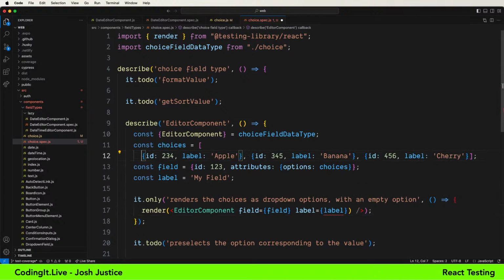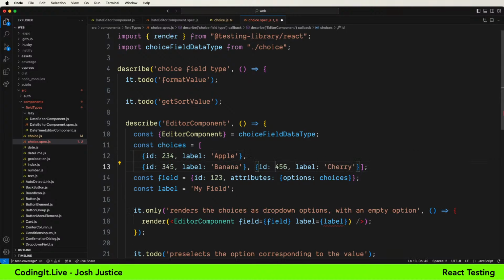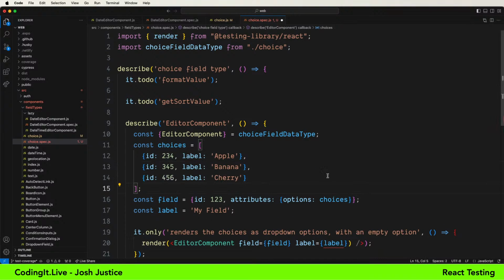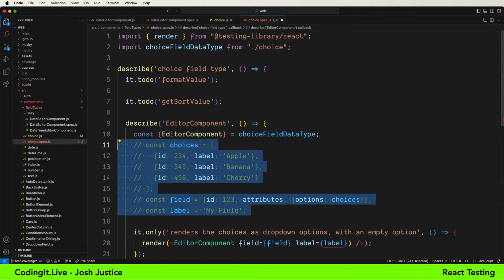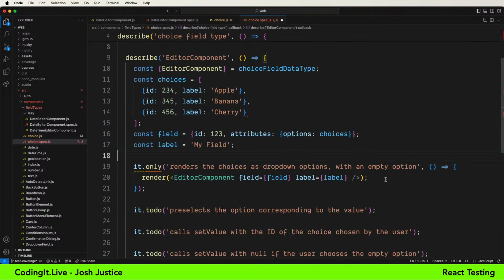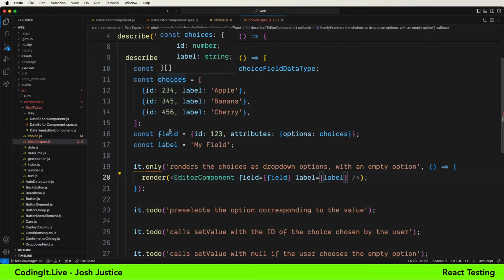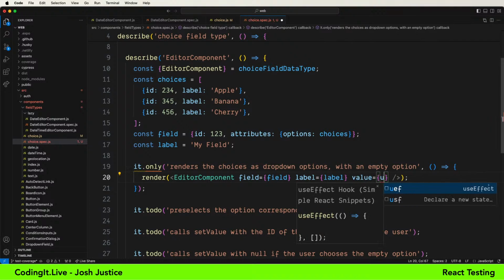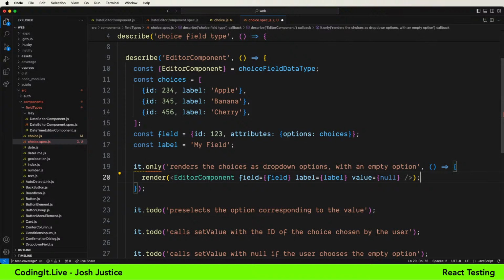Maybe I'm not closing something correctly. Let's get the choices set. Yeah, let's solve the syntax error before anything else. Oh, attributes, options, choices. Let me comment all this out and see what's happening. Oh, maybe it's this closing parentheses. Oh yeah, that's all it was. All right, well, that was simple. Thanks for nothing, syntax output. Okay, so the choices are passed in the field, and then we do want the value, which can just be null for now, unless we find otherwise.